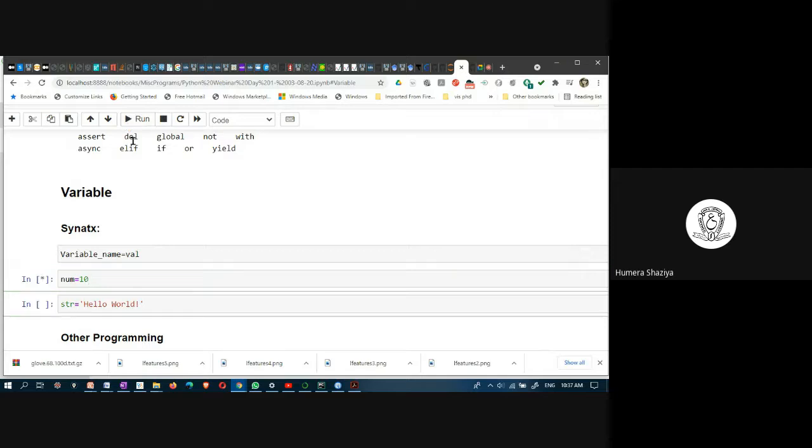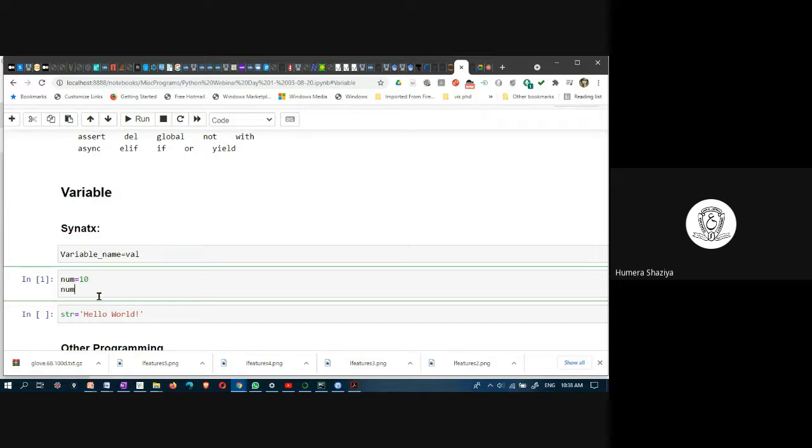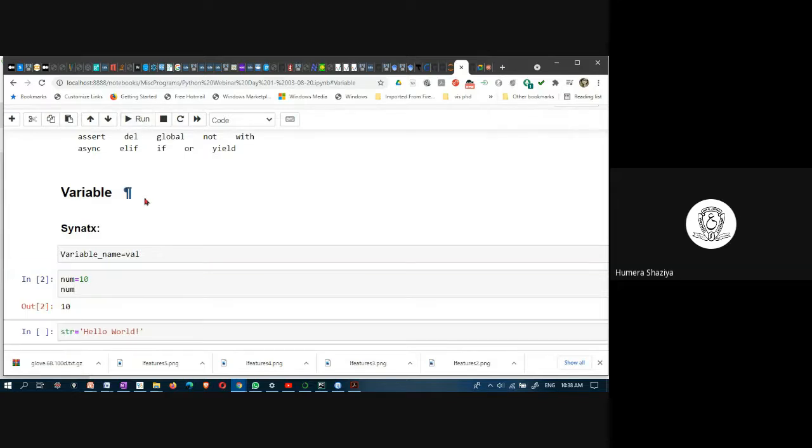Now I'm running it. Because Python is an interpreted language, it converts at this line and executes. Because there is no print statement, nothing will be printed. If there is any print statement, or if you write the variable name, here I can write num, then what it gives?